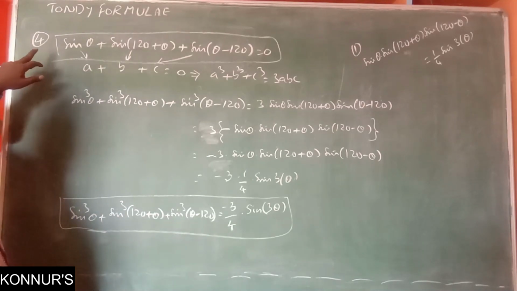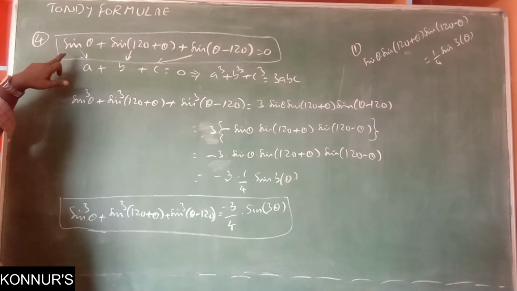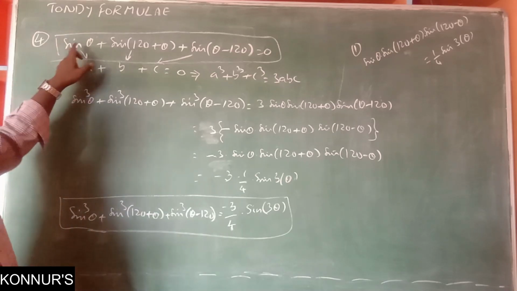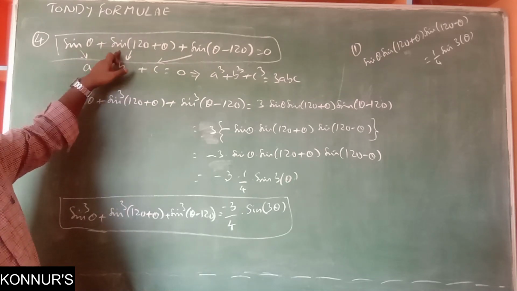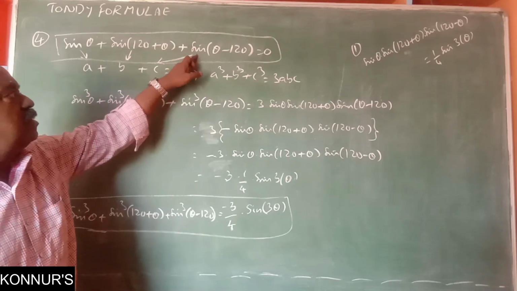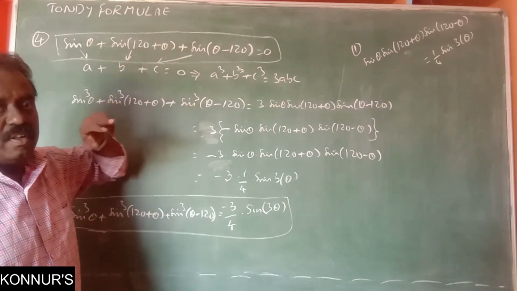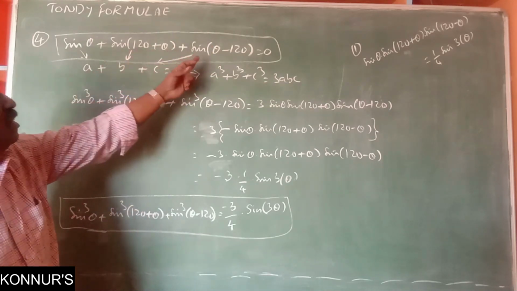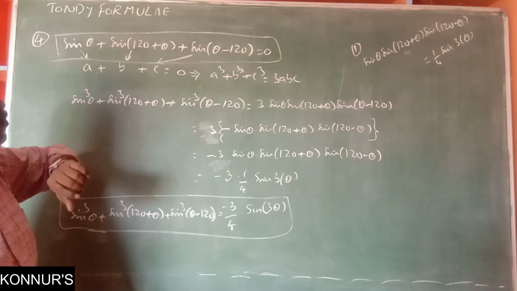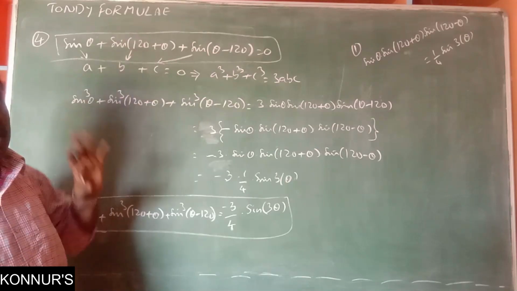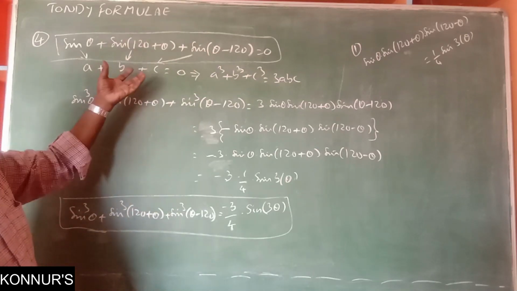The fourth formula. Only fourth. It is just like the third formula. In the third formula, cos is given. That is cos theta, cos of 120 plus theta plus cos of 120 minus theta. Whereas here it is sin theta minus 120. That is the difference. It is in the sign. Here also it gives 0. Very simple how it is.